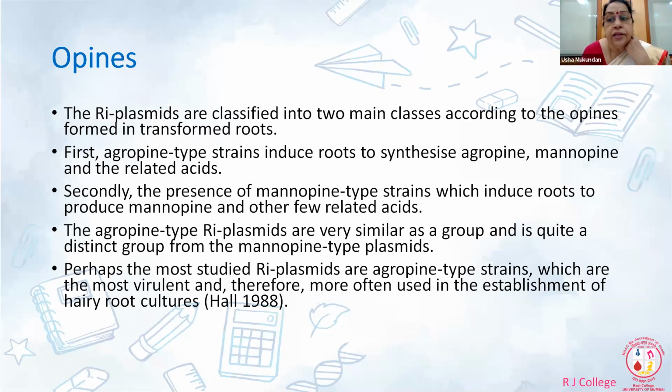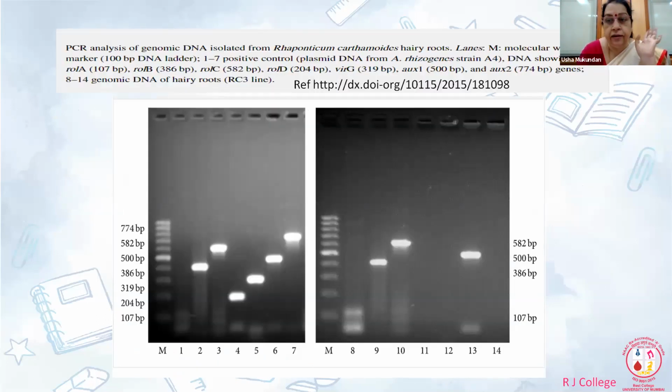As I mentioned, the confirmatory test is to localize the T-DNA by using a probe, which can be either chemiluminescent or a radioactive probe. And that technique is known as Southern hybridization. However, with the availability of PCR, you can amplify. So you can have a forward and a reverse primer and amplify one particular gene.